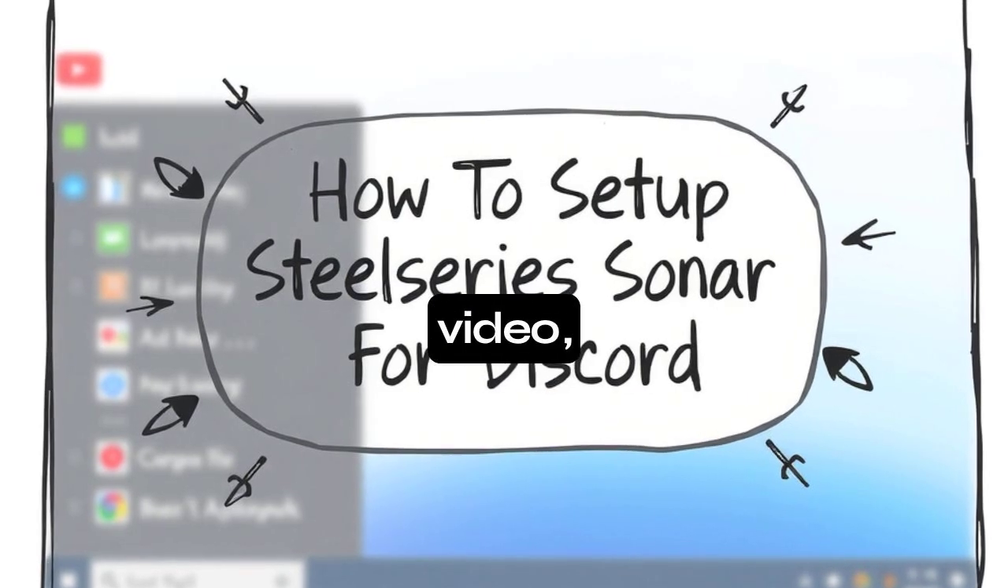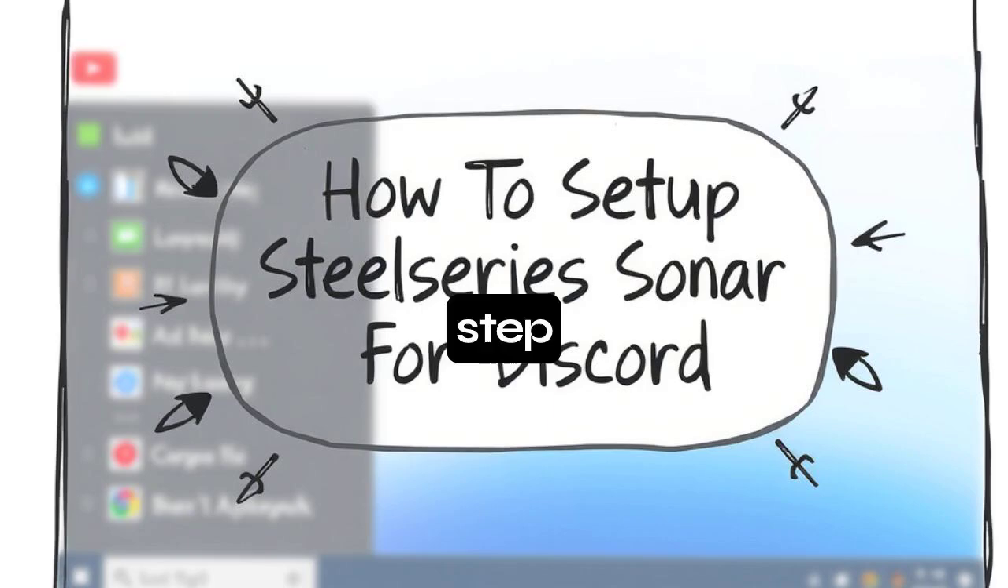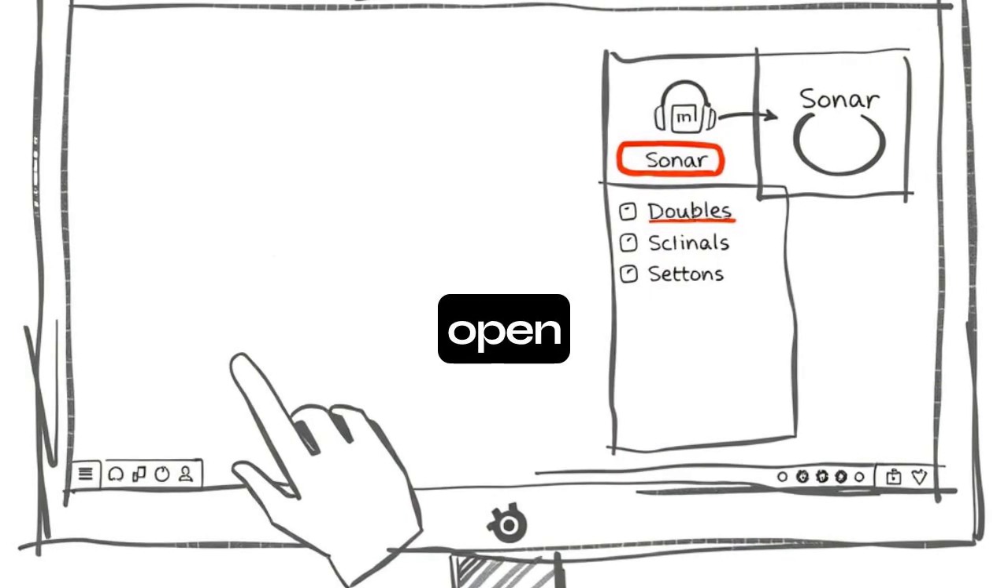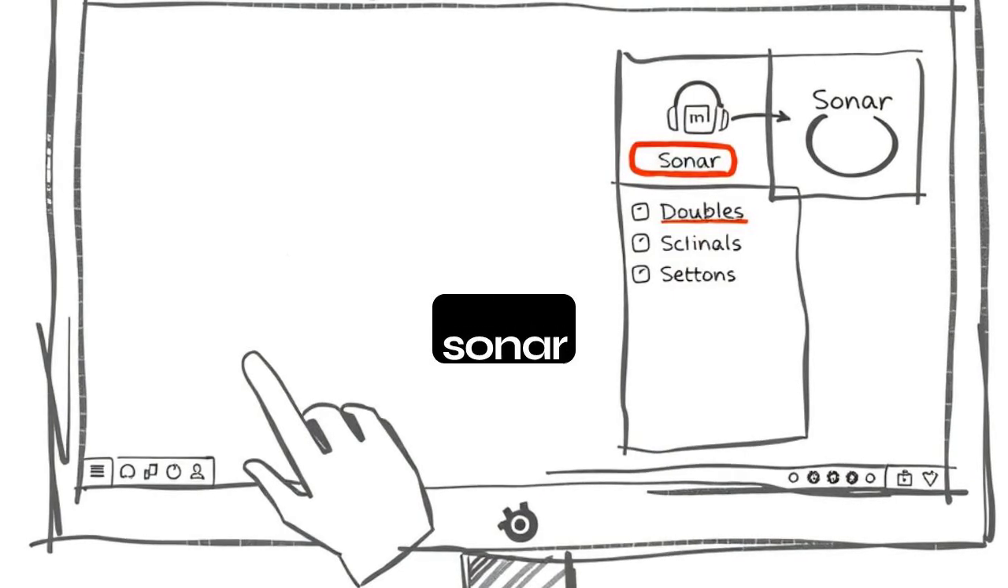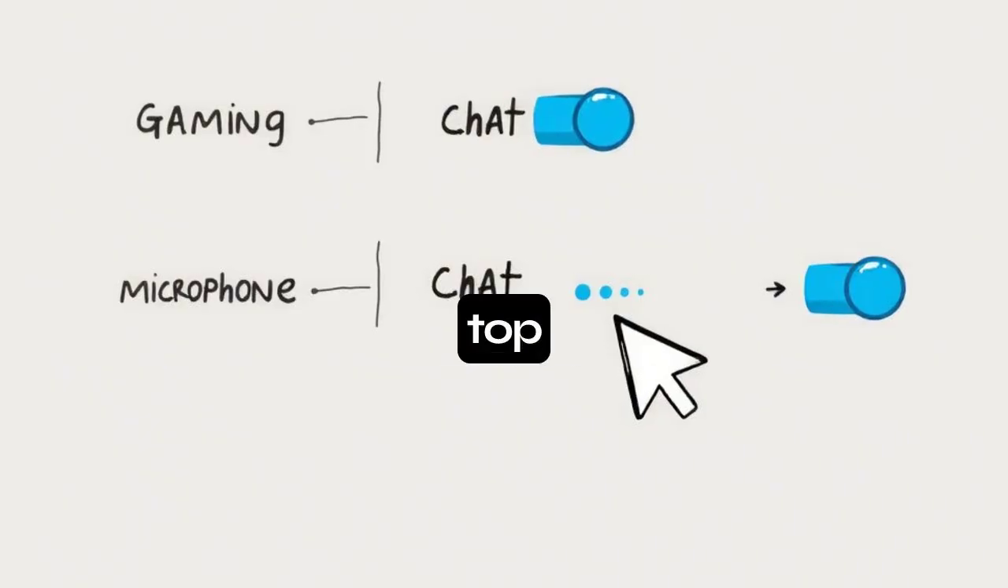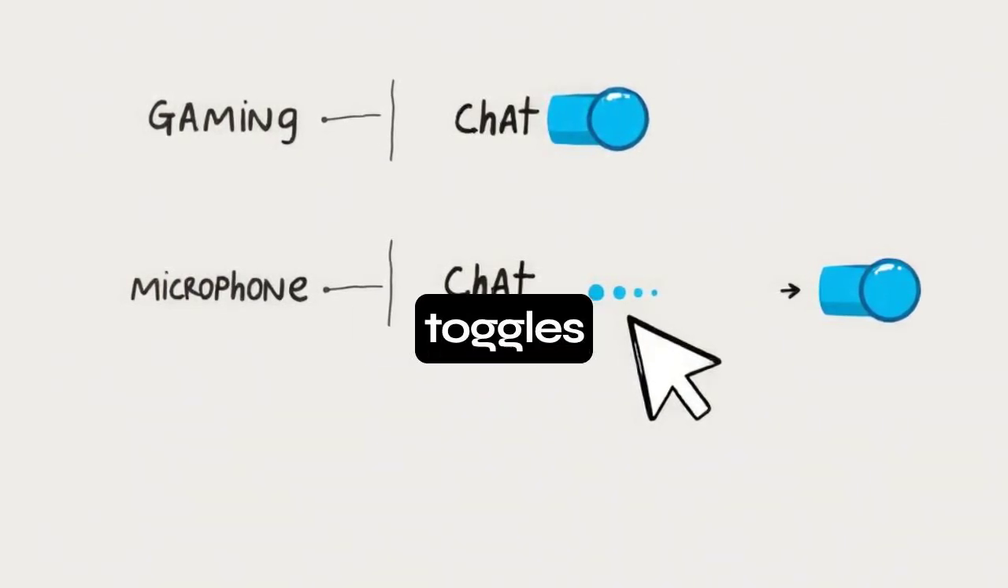In this quick video, I'll show you exactly how to set up Steelseries Sonar for Discord voice chat, step by step. First, open Steelseries GG, then click the Sonar tab on the left sidebar to make sure Sonar is enabled. At the top of Sonar, confirm that gaming, chat, and microphone are switched on with the toggles showing blue or